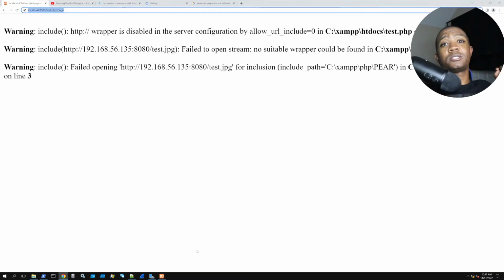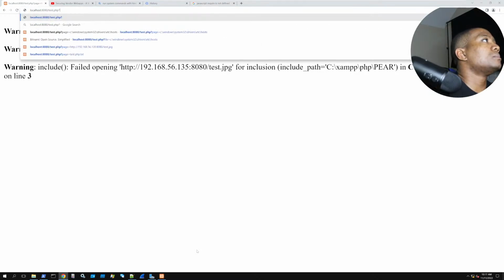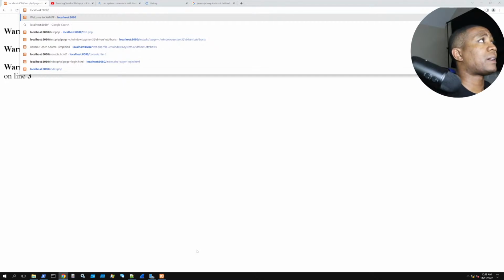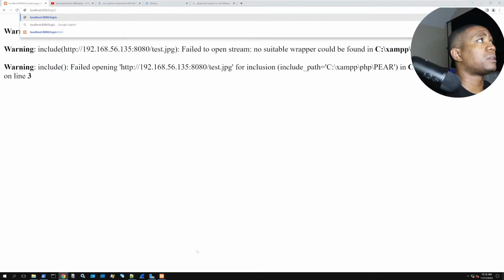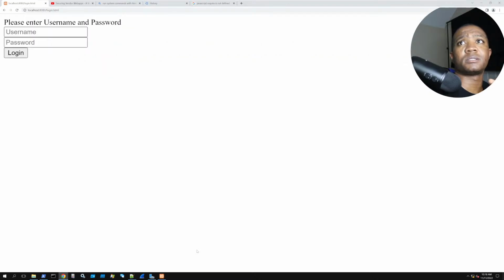Anyway, first we're going to build an intentionally vulnerable web page. So localhost 8080, I have login.html. You can see that. It says please enter username and password in here. Just to have a little bit of fun, we can put some local file inclusion on this thing. So we can go into